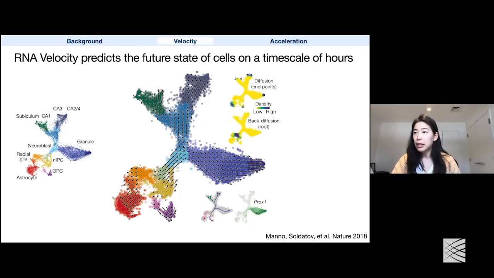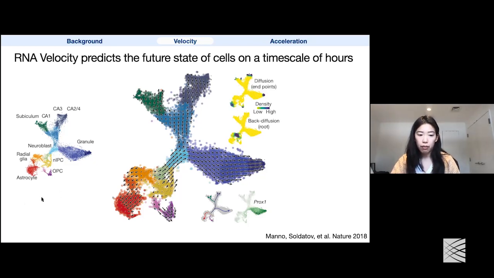And you can use this vector field to simulate using a random walk, run in forward and in reverse, using these velocities as transition probabilities to identify where the root and the endpoints are, which you can see here. So this is sort of the beginning point, and these are the endpoints given these RNA velocities. And so you can orient this lineage without any prior knowledge about what hippocampal development looks like. They also show that